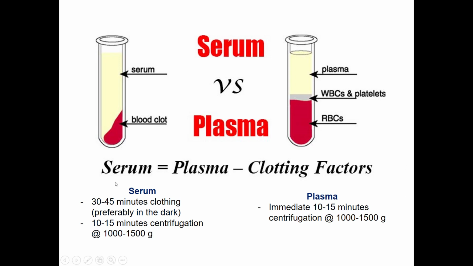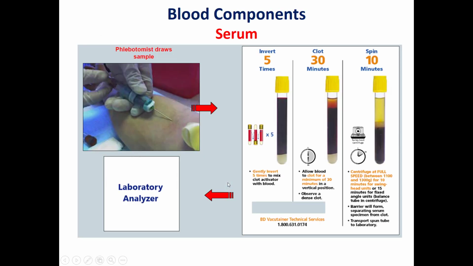In order to have these different types of blood, or different parts of the blood, we need a different pre-analytic phase. So this is important. For this, we're studying the serum, the plasma, and now we'll study also the blood cells. So in order to obtain the serum, as we said, we